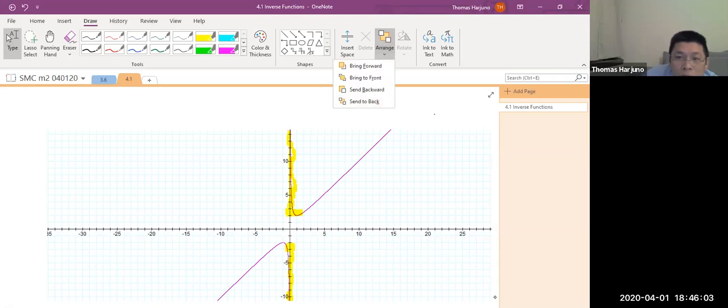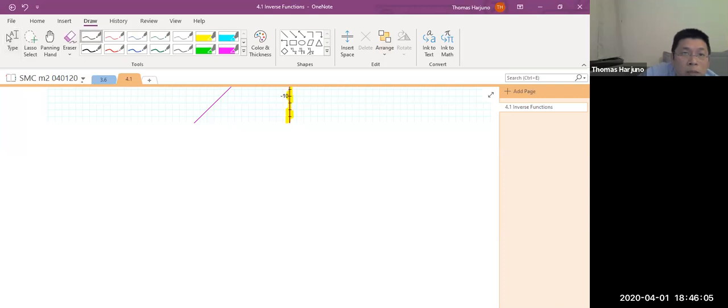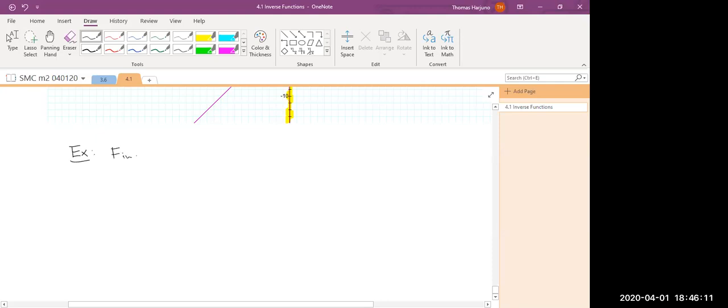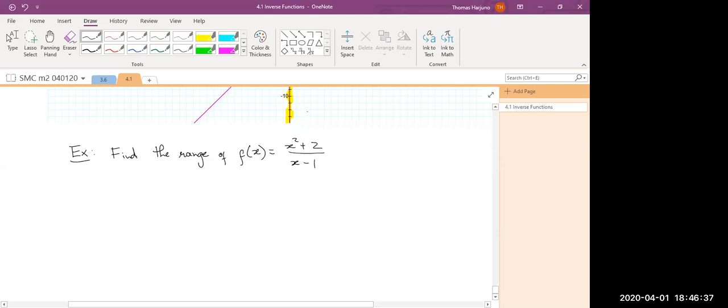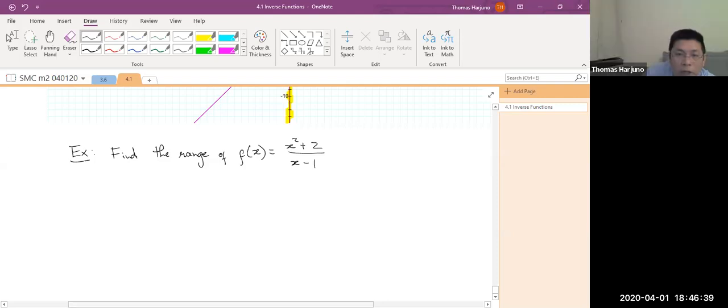Let me ask you to do the following problem. Let's say, for example, find the range of f(x) equals x squared plus 2 over x minus 1. x squared plus 2 over x minus 1. When you try that,